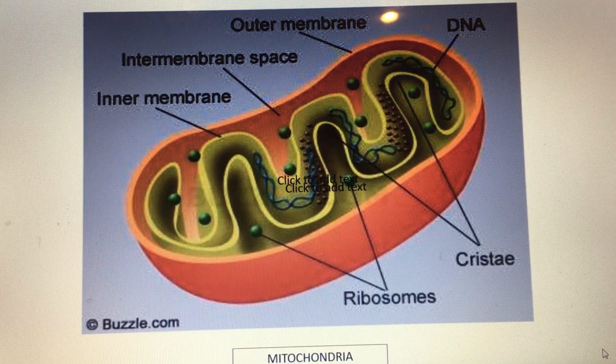This is a picture of a mitochondria, and mitochondria are little nano machines that are in each one of your cells. And they're like the powerhouse of the cell. They produce what's called ATP, and those are little packets of energy that run your cells. So when you need energy for some kind of process, this is what produces it. And this is important because